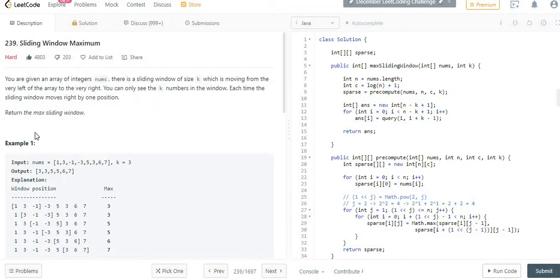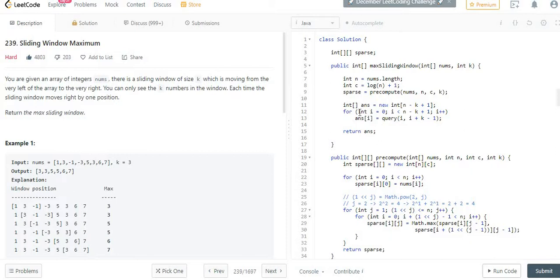So it is a kind of range maximum query, and we have a very nice data structure, the sparse table, which we can use when the array elements are static and not changing, I mean there is no update operation. In that case we can go with the sparse table concept, and that way we can solve this problem. Now let me show you the code part.